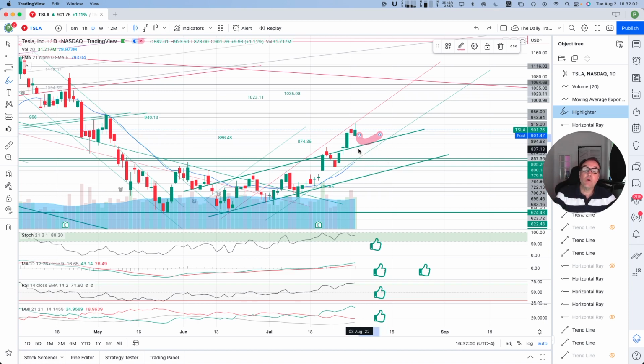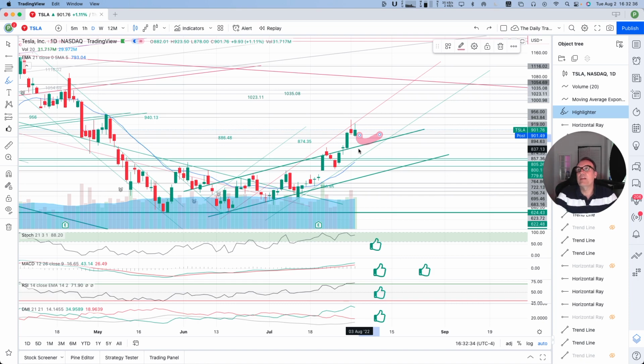So this is why I never tell you when to buy and when to sell, because there are so many ways to make and lose money on the stock market. So basically, you need to make your own decisions as to how tight you want to play this. If you are an investor, you can just stay in Tesla because all of the indicators are great here. There is no sign that anything is weakening yet. It could come in the next couple of days or next couple of weeks, but so far,